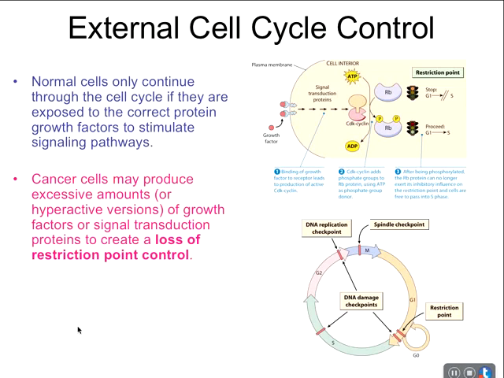Cancer cells, through various different mechanisms, can get past that restriction point without worrying about a growth factor. They make excessive amounts of their own growth factor, or they mutate their receptor, or they mutate the transduction signaling proteins in order to allow them to go through that restriction point, regardless of what's happening with the growth factor. So cancer cells can create a loss of restriction point control through various mechanisms. They don't have to respond to an external signal. For an internal signal,